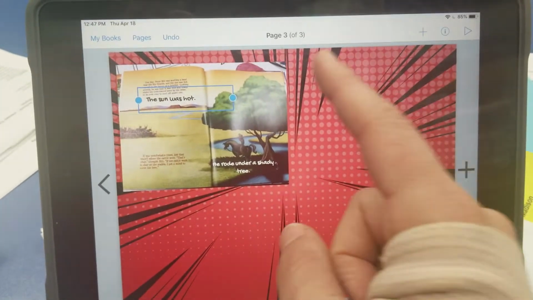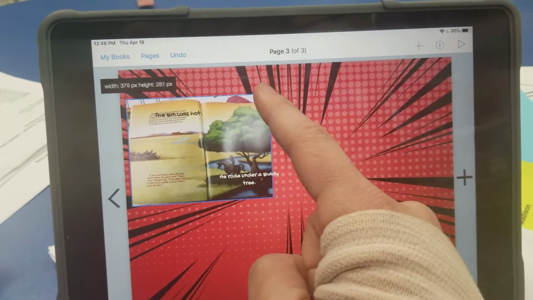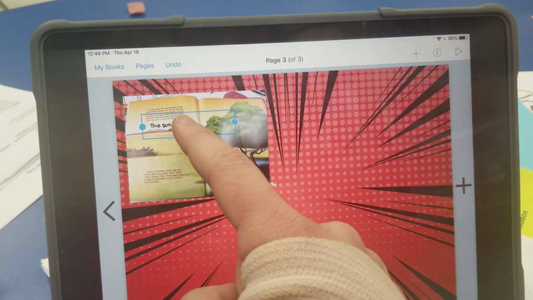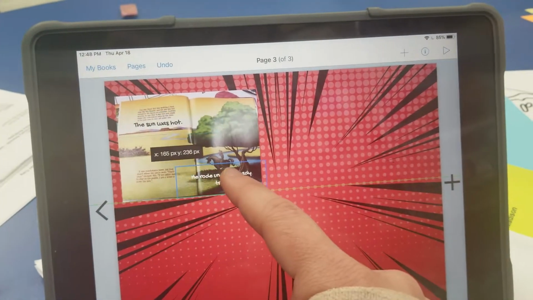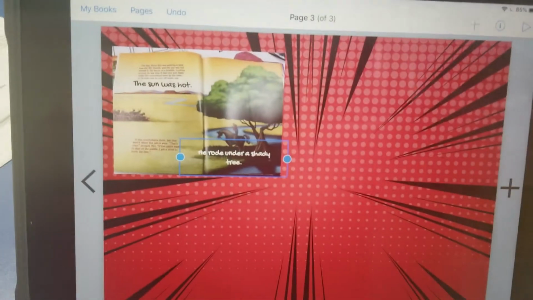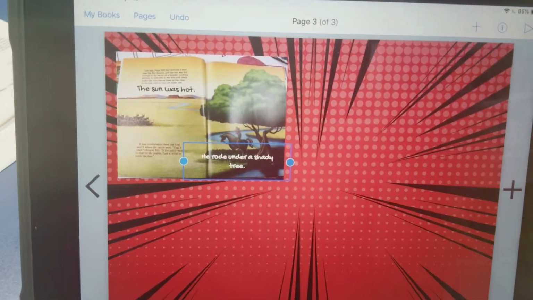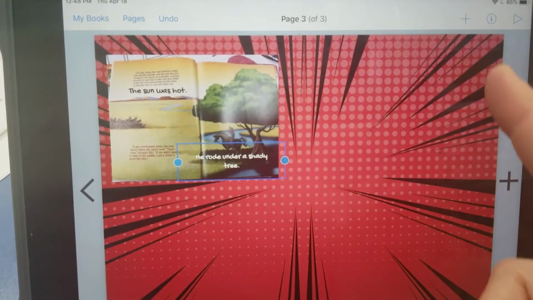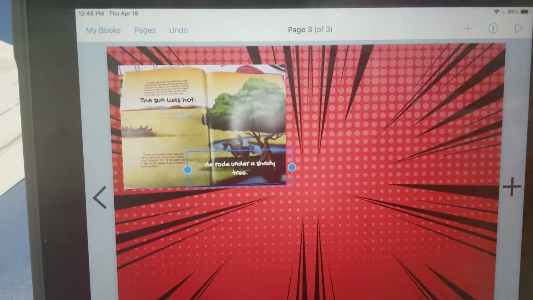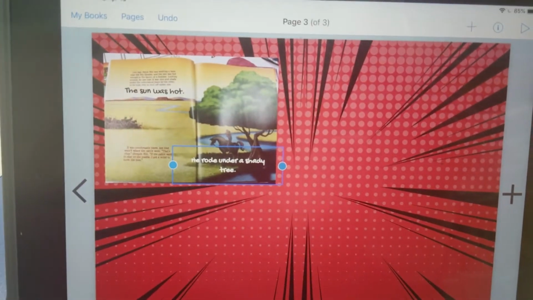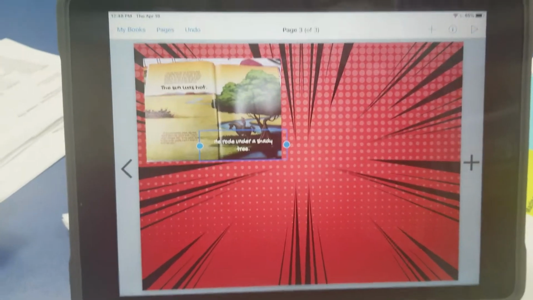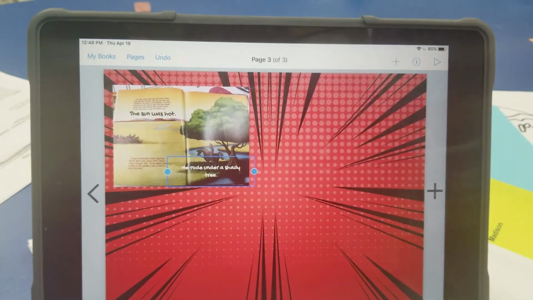Then the next person would add their strip. And remember, if you need more space, you can get more space. Okay. You're just going to have to move your text to fix it. But then you could do another person's part here. Okay. So every person's comic strip is going to go here. Everybody got it? Okay,